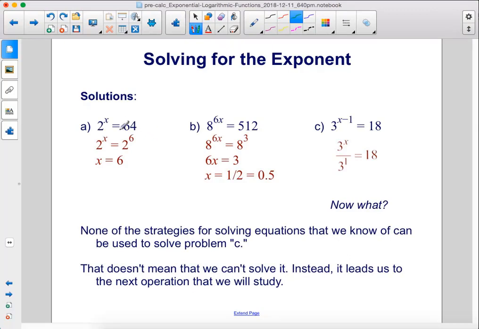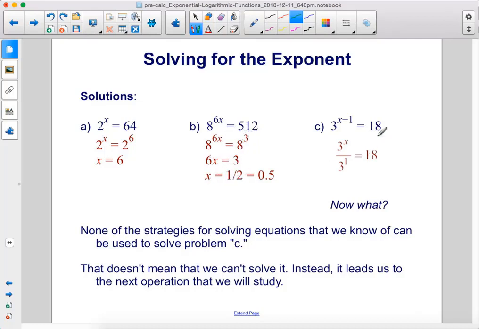Here, we can rewrite 64 as 2 to the 6th power. Since they have the same bases now, we can set the exponents equal to one another, so x equals 6. Here, we can rewrite 512 as 8 to the 3rd power. Since they both have a base of 8, we can set the exponents equal: 6x equals 3, or x equals